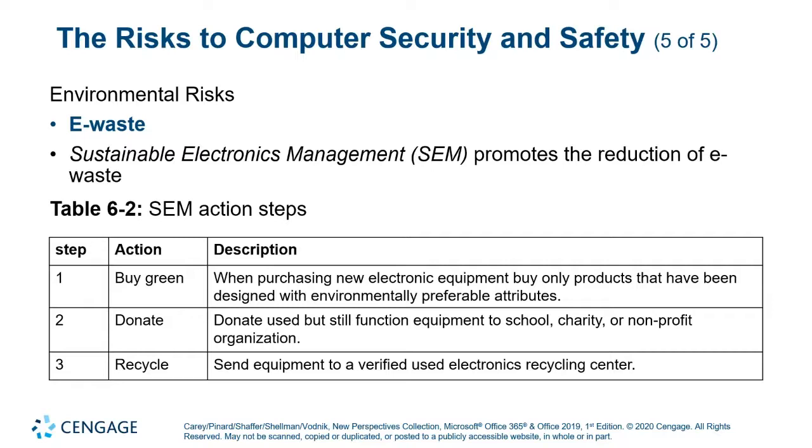And in general, this breaks down into three main categories of best practices. First off is buying green. Check to make sure that the company you're buying from uses environmentally preferable practices when designing their electronic components or devices. This can include using recycled materials, metals and plastics, or using recycled components entirely and just refurbishing them.